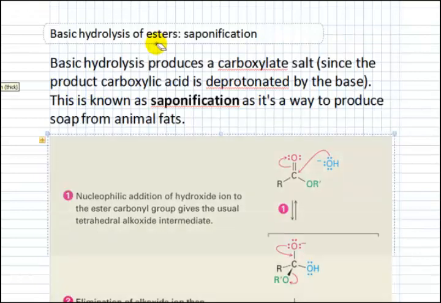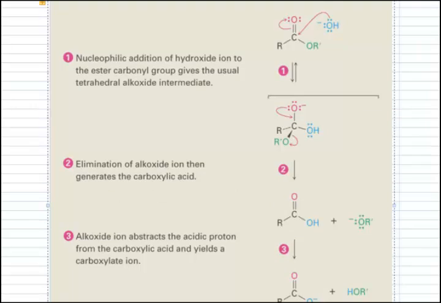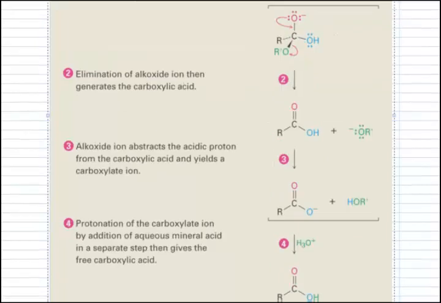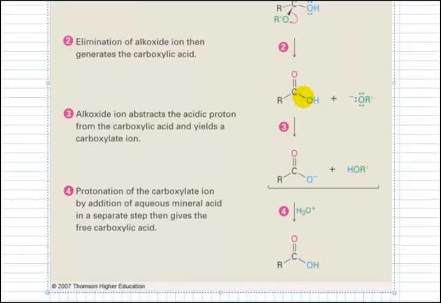Basic hydrolysis of esters is called saponification because it produces a soap from animal fat. That's one of its key functions. So let's take a look at what happens. If I have an ester with hydroxide, that's our base. Hydroxide is the nucleophile. We have a tetrahedral intermediate where OR is the leaving group. Initially, that makes a carboxylic acid with an alkoxide that has been kicked out,